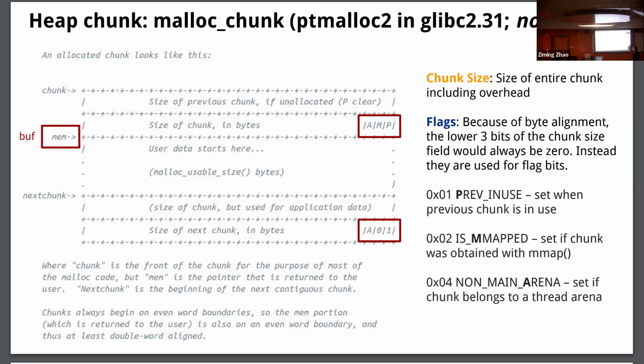So in this case, the first chunk has the previous chunk size. The previous chunk, we're not seeing it here. Then the size of the current chunk. And this size is the total size of the chunk, not just the memory you request. You request malloc 4, and the chunk size will be much bigger than 4. At least there will be those metadata, and also there will be alignment. So the alignment in this case, I think for a 64-bit machine, no matter if it's a 32-bit or